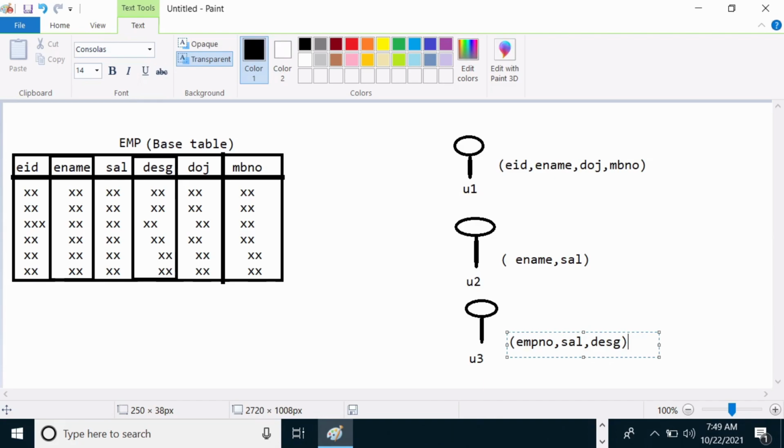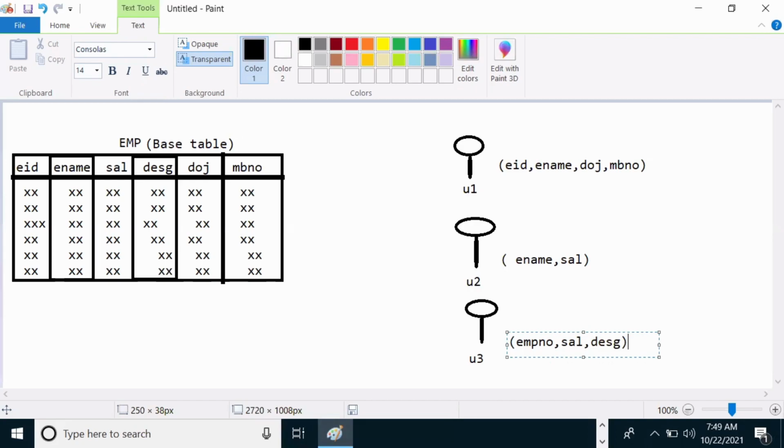And the third user wanted 3 columns of data. So user 1, user 2, user 3, these are different people and different types of data they required from the same table. The table name is only EMP.